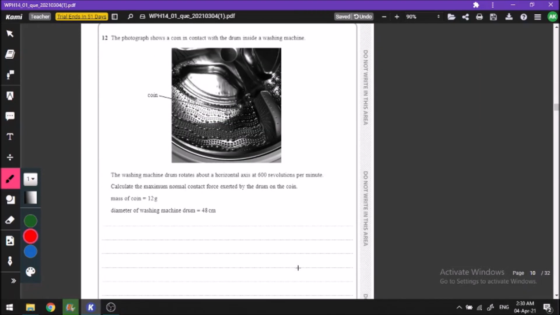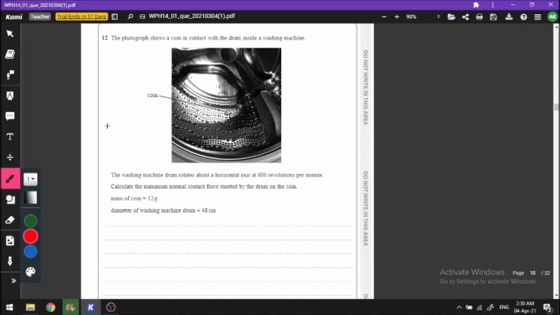Moving on, here we have a situation where there is a drum. You can pause and read the question. So we have a situation where we have a drum. This is a drum of a washing machine, and when this rotates, the coin will also rotate, right? So they are asking us to find the maximum normal contact force, or the maximum normal reaction force. So what do they mean by maximum, and where can we find the maximum, where can we find the minimum